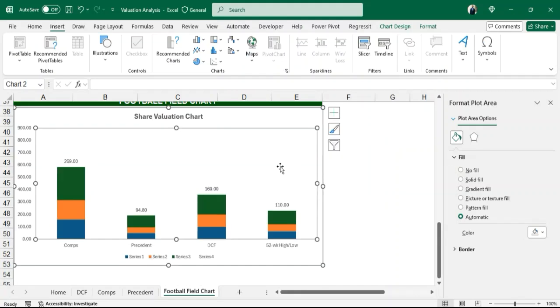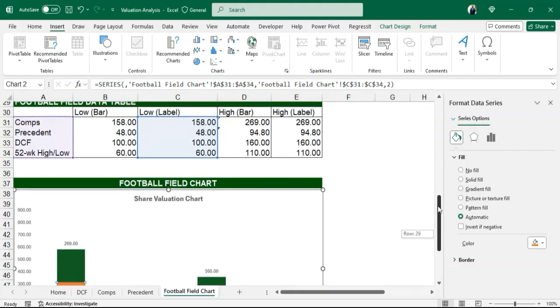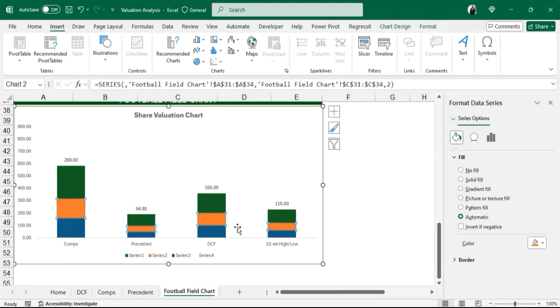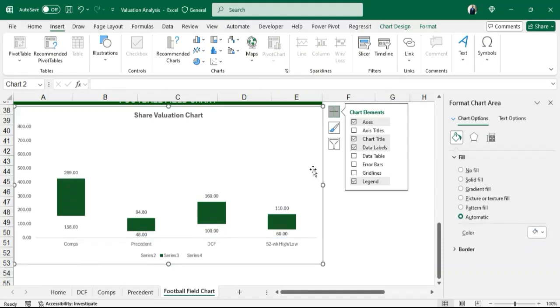Okay, all right, so what we are going to do for the low label as well, let's check that. So this is the low label. As well, we are going to change the value, but first let's once again change the fill to no fill, and we can insert the label there. Okay, and the position is okay. And then the last one, selecting these three, we can hit delete to delete those three,